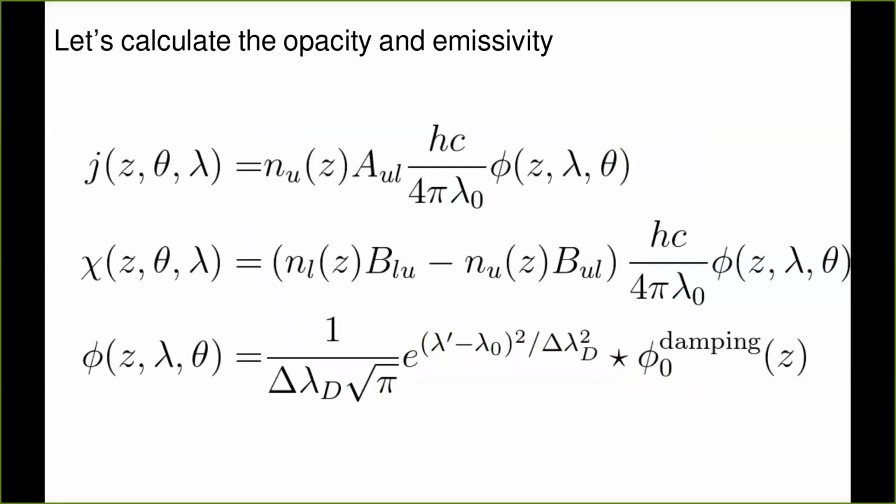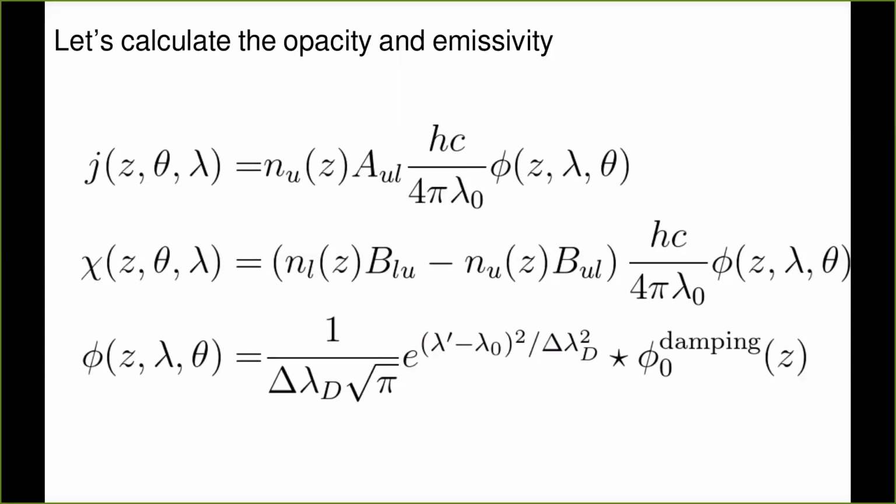Cool. So now I can finally use these complicated equations to calculate these things. And of course, we're not going to go and calculate each of the things separately. What I did instead is I just took a huge number of wavelengths, a huge number of depths, and hard-coded the output of my code to give me these opacities and emissivities, and now I'm plotting them to you. I'm going to plot the line core, which is where the opacity and emissivity are the greatest, and something that I call continuum, which basically denotes the contribution of everything except the line.